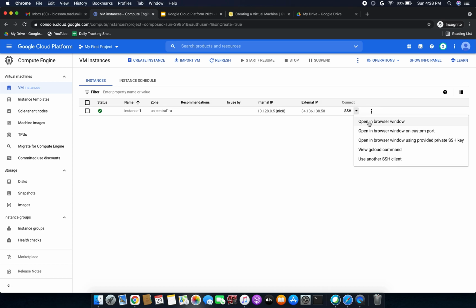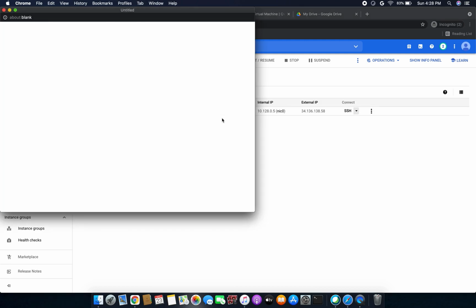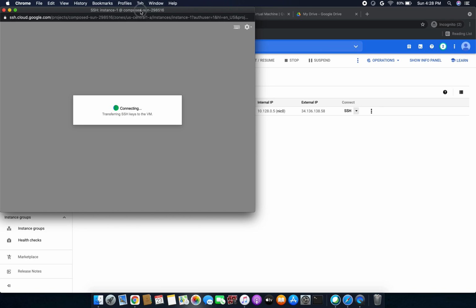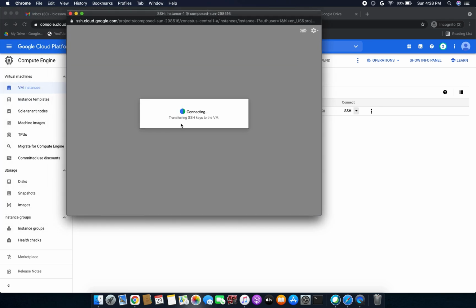Now we will install an nginx web server, one of the most popular web servers in the world, to connect your virtual machines to something. Now we are going to connect it.